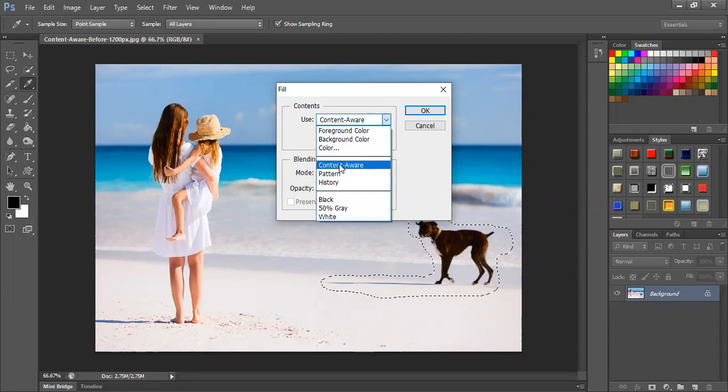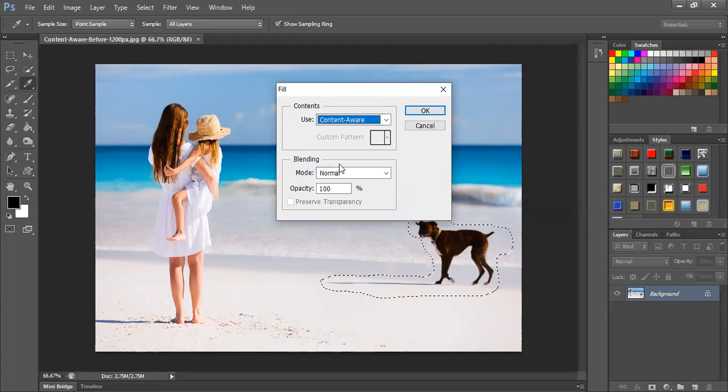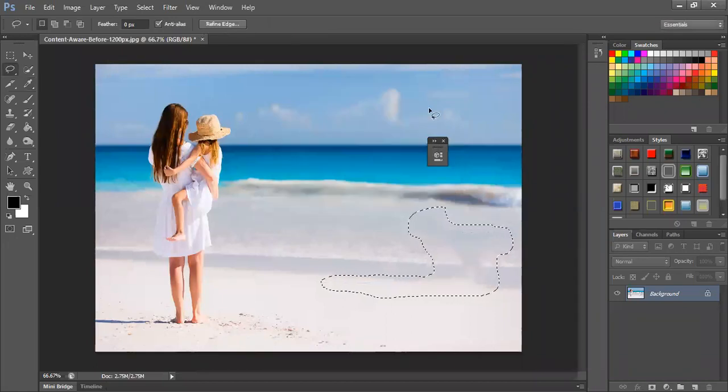Content aware is going to catch the pixels in the background. Whatever is the nearest pixel, it is going to allocate that pixel value. So that is content aware. Let's try this out. Content aware is used to remove a certain object from the image. So I'll select content aware, I click OK. Photoshop is going to very smartly find out the pixel values and remove the object from the image.